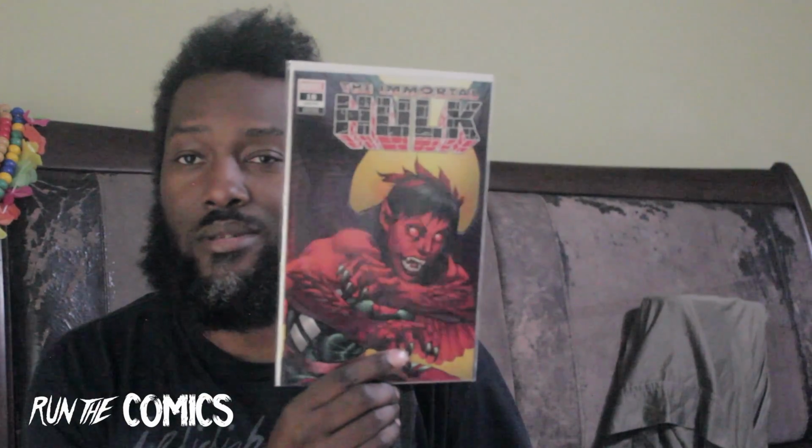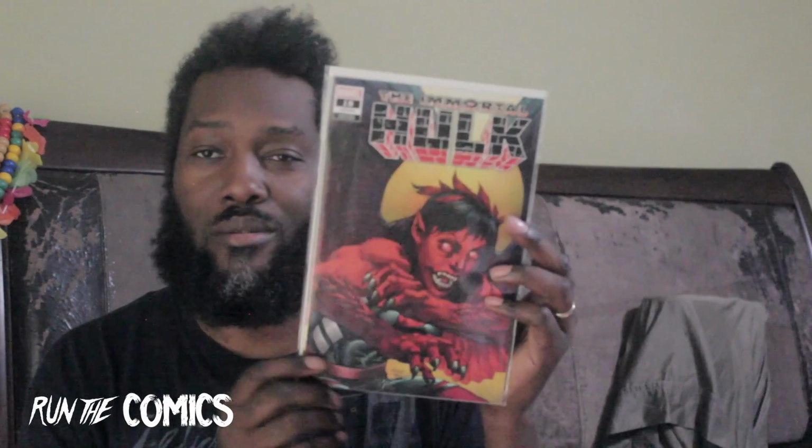Immortal Hulk, issue number 18, variant cover. I don't have this, I just have the, I think the A cover, but this is the one with, you know, red She-Hulk became Harpy, Red Harpy, something like that. So, really dope. And this book, I'm happy to get this because it completes my trifecta of Amazing Spider-Man